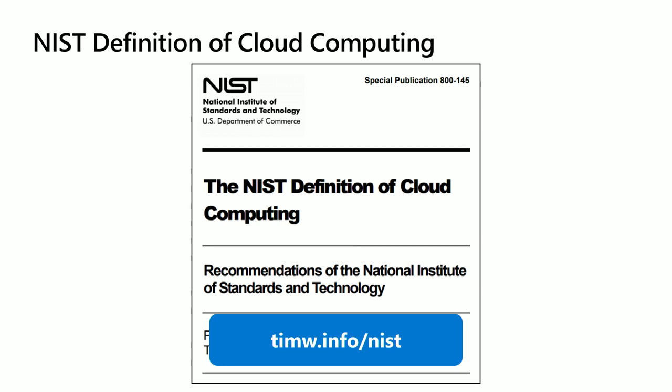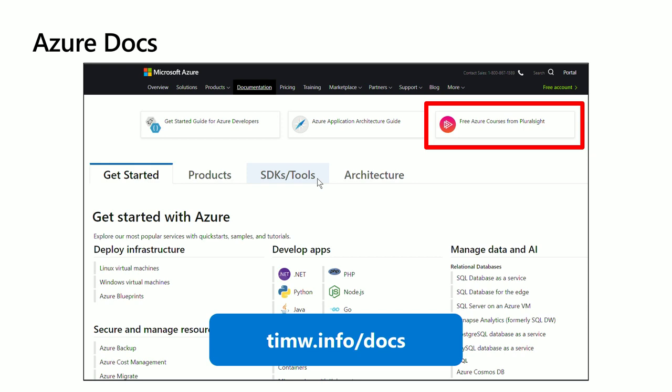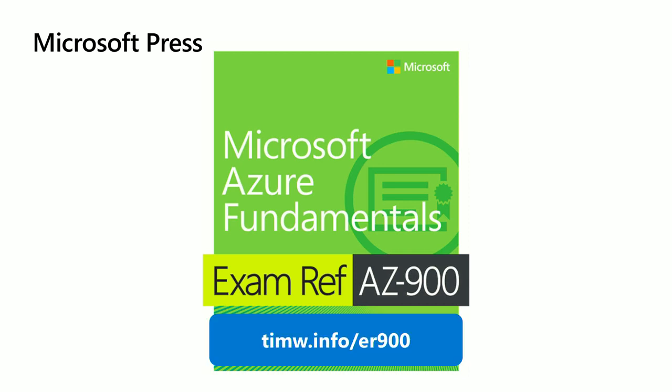The National Institute, NIST, National Institute of Standards and Technology, has a brief white paper that covers a lot of the vocabulary that's on the exam. The Azure documentation is fantastic. There's free training from the company I work for, Pluralsight. There's a book, I tech edited this book so I can verify that it's really top-notch. It's an exam ref that's written, again, to every single line item on the blueprint, and I've given you short URLs in the slide deck that you can get.